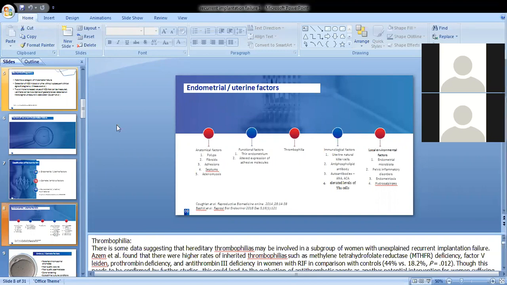One can be a mechanical factor. The fluid is itself embryotoxic, that can kill the embryos. Another can be that the fluid can come into the uterine cavity and flush out the embryos. Third, hydrosalpinx can alter uterine or endometrial receptivity. So that's how it can cause recurrent implantation failures. So these are the endometrial factors which we should look for when there is recurrent failure. As I mentioned already, the endometrial factor plays a very important role in recurrent implantation failure.